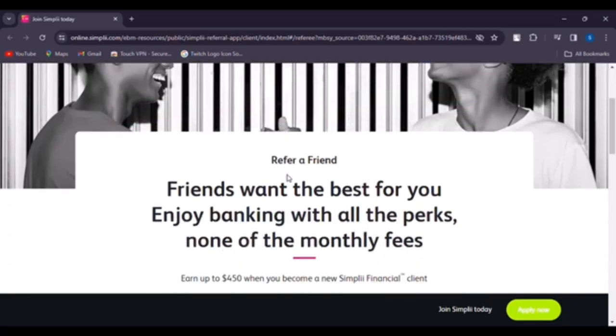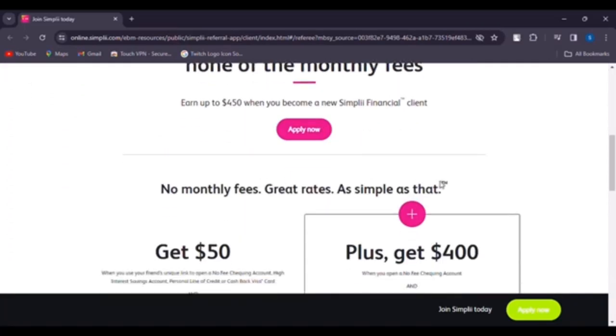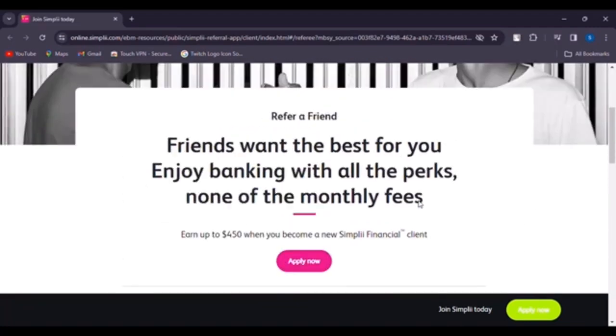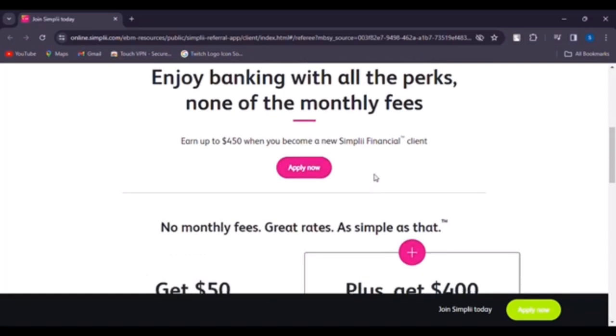I'll show you how you can simply go ahead and activate your Simplii Financial credit card. Let's get into it. So for that, first of all, access online.simplii.com and right over here if you see